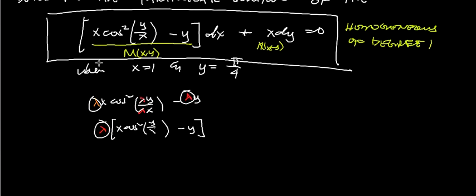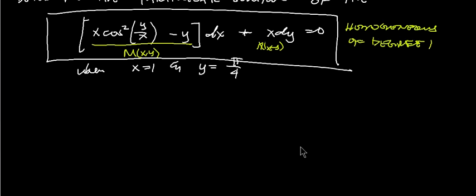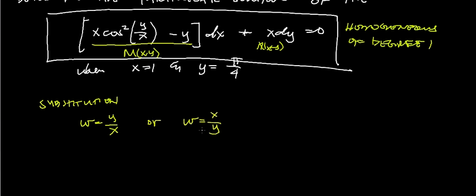Okay, so after that we will let the substitution, like what I have said, that we can use either w = y/x or w = x/y. Okay, so if we use this, we have y = wx, and for this one we have x = wy by doing the algebra,